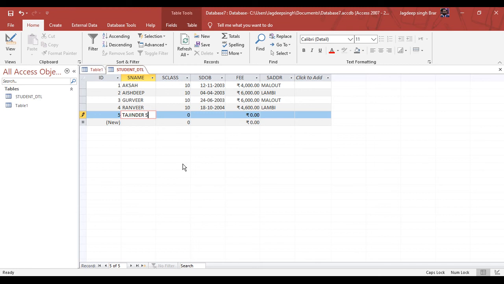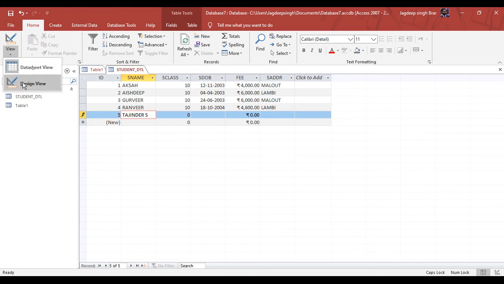When we enter more than 10 characters, it does not allow us to enter the next character. So you can define the size for your column, how many characters the person can enter in that column. Here we defined 10, so we are not allowed to enter more than 10 characters in this column.